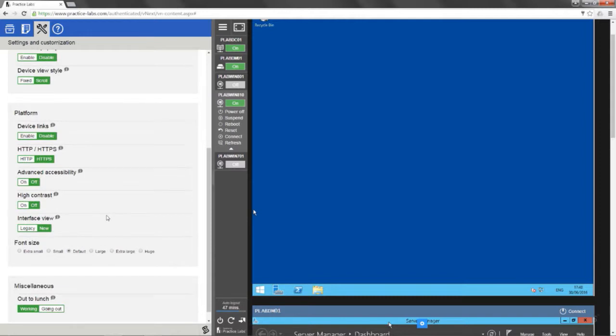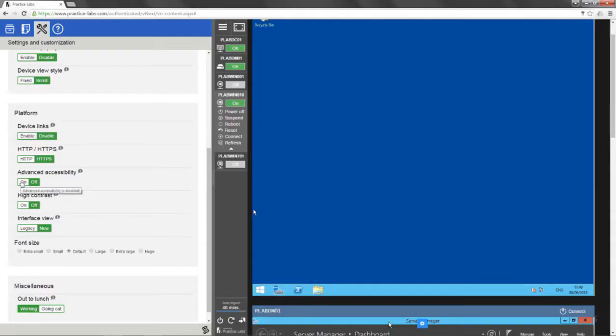One of the new features that we've introduced within this platform is some accessibility components. By default, the lab platform can be navigated using a keyboard only, and some of these key terms behind the scenes have been inserted. However, if you are required to use a screen reader or something with additional enhanced support for accessibility, you come